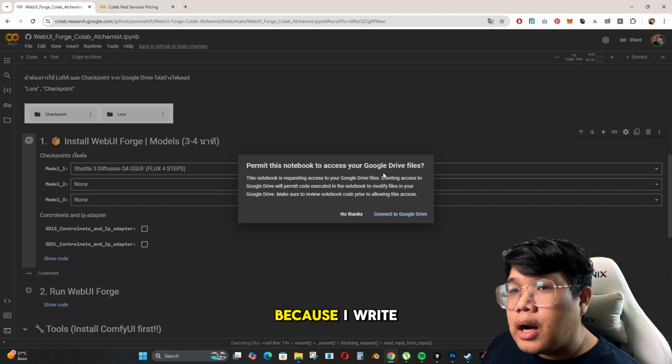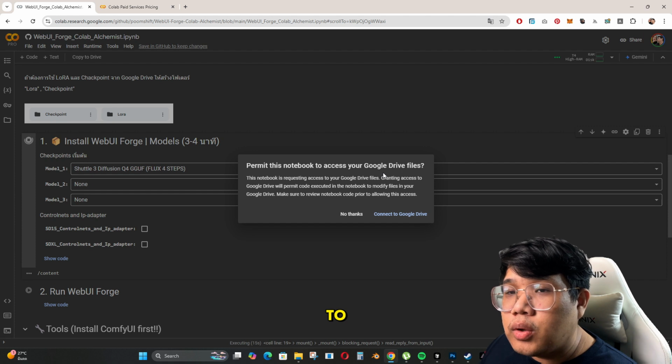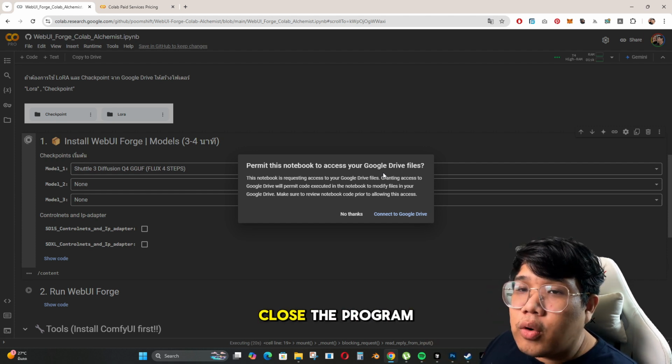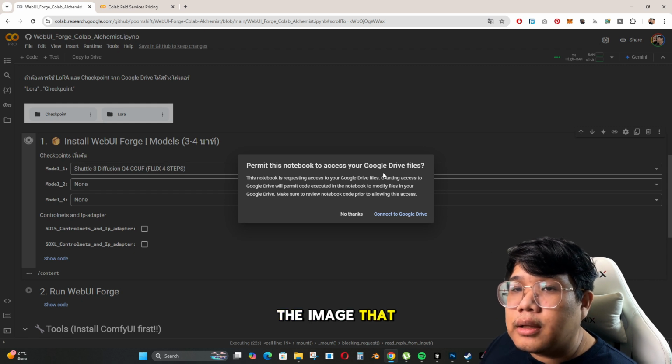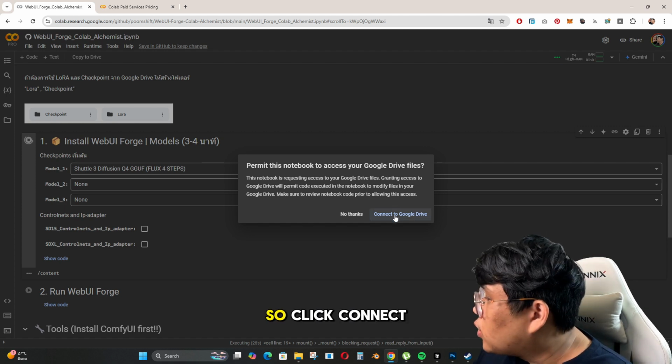Because I wrote the code to connect to Google Drive to save the images generated from the program to your Google Drive. So after you close the program, the images generated from the WebUI will not be lost. They will be in your Google Drive. So click